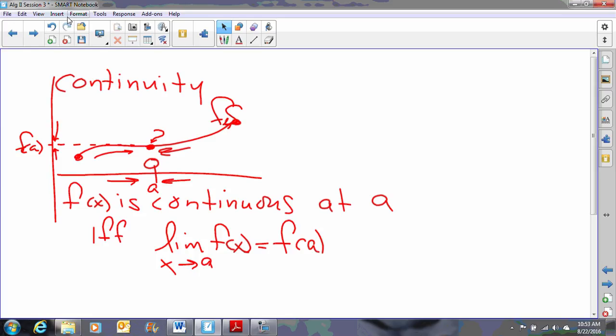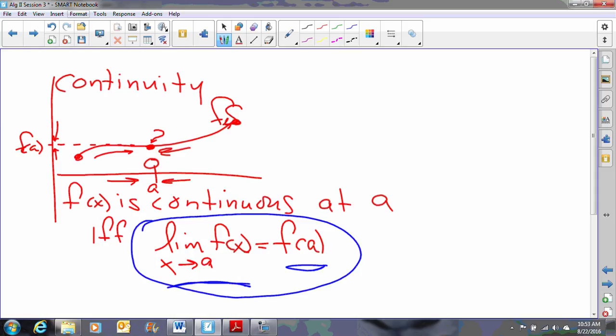Now, if you look at this definition, Stewart has some things that he says here. He says, number one, it has to be the case that a is in the domain of f. You see that over here because when he says it's equal to f of a, that means f of a exists. It has to be true that the limit exists also. So in other words, this side is actually equal to something, and then it has to be true that this is equal to that. It seems to me, I don't know for sure, that this statement by itself would be enough rather than splitting it up into three different things. But we would make mention of the fact that a is in the domain of f and the limit exists. But that one statement there should be